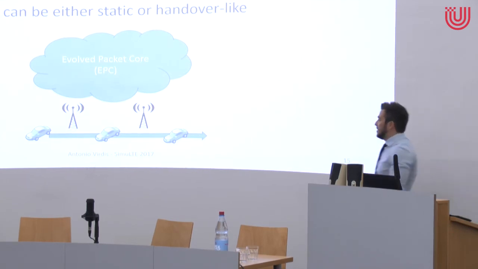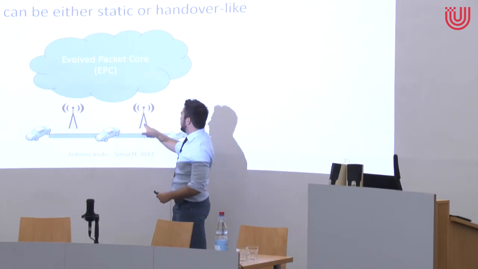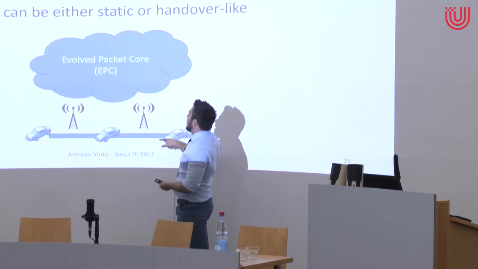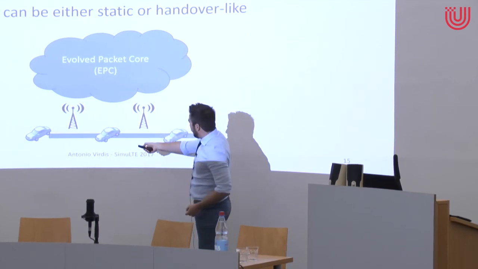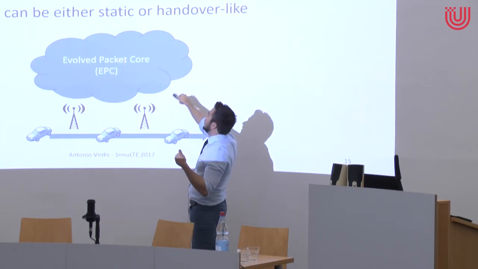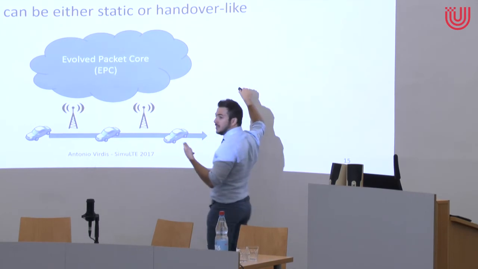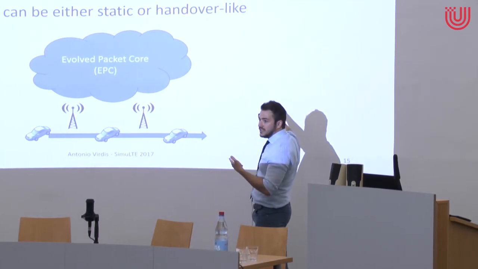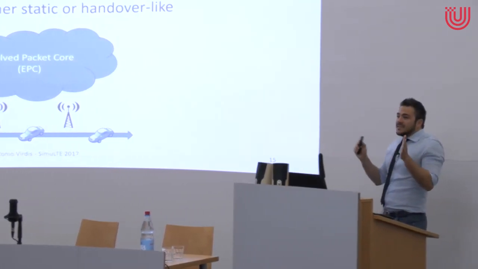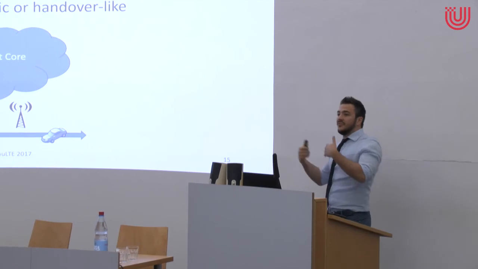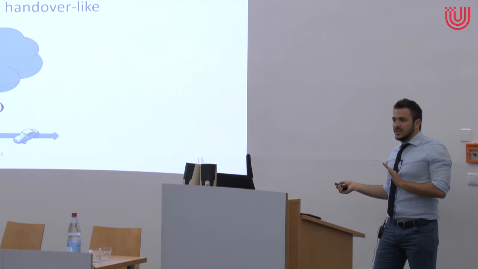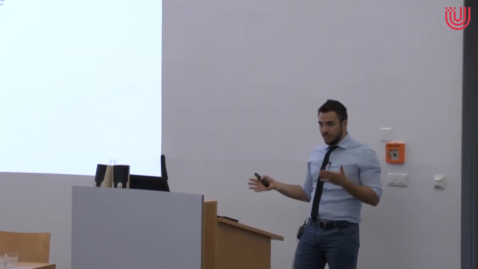So you will have one car connected to this base station, another car connected to the other operator's base station, and the communication will work this way: from this car to the base station, to the packet core network of operator A, to the internet, and then back to the second operator, down to the second base station, and down to the second car, exactly as in a normal network, as long as you do not implement different policies. So in a standard situation, you can already do this. It's just a matter of configuration.